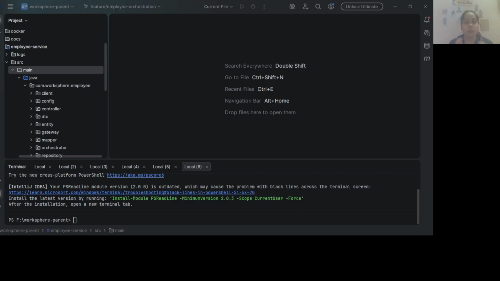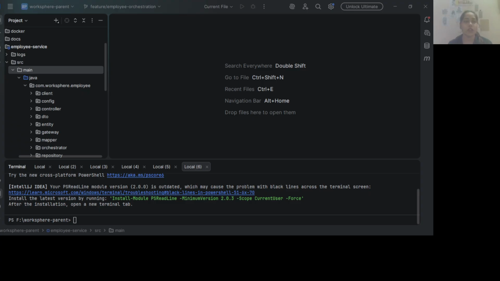When we build an enterprise application, we don't put all the code into one class. Instead, we divide responsibility into different layers. This makes the application easier to understand, easier to test, and easier to maintain. Imagine you are working in a project with hundreds of developers, and a clear structure helps everyone know exactly where to find or where to add the code.